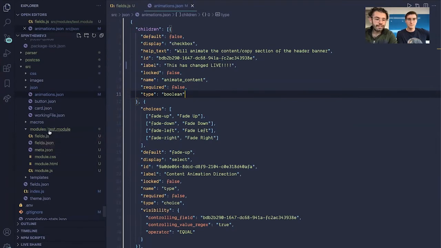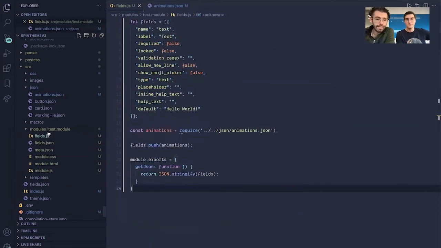If we look at our test module here, we're going to see something that looks pretty much how it usually looks, right? We've got fields.json, meta.json, module.css, HTML, and our module.js. The one thing that is a little bit different is you're going to notice that we also have this fields.js file. That's what Parachute is actually going to be looking for. So if we click into there,